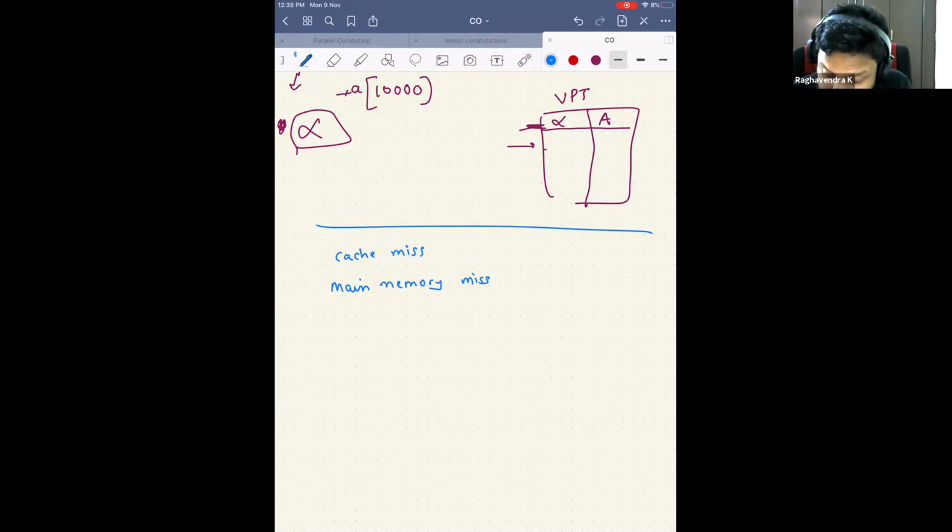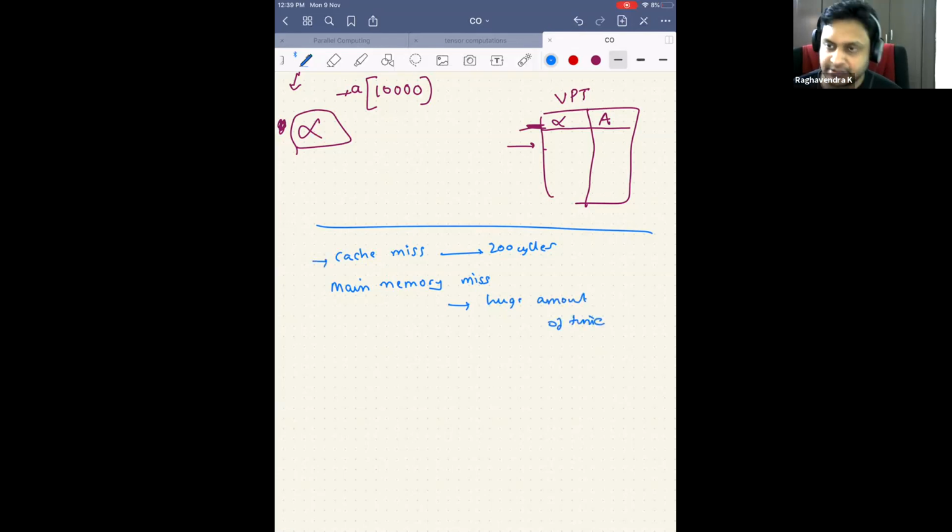So how much does a cache miss cost me? I go to the next level of cache, maybe there are multiple levels of cache, or I go to the main memory. So it generally is a maximum of, let's say, 200 cycles. If it's a cache miss, that's the penalty I have to pay. But if it's a main memory miss, then I have to go to the hard disk, which means that it is no longer in cycles. It is no longer 1000 or 2000 cycles, because the hard disk is no longer in nanoseconds, but in milliseconds or 10 to the power minus 2 seconds. I have to wait a huge amount of time.